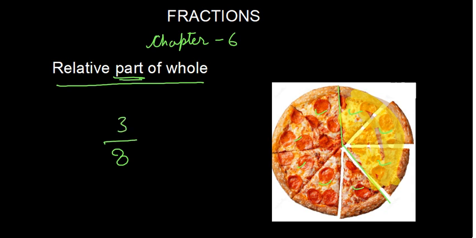In this manner we describe what a fraction was. You consumed 3 parts out of 8 equal parts, and that is what it means when you consume 3 slices of this pizza. There were a total of 8 parts, and you consume almost half of it. That is how it's read: 3 slices out of 8 equal slices. Keep in mind, we are talking about equal slices. Equal is a very important word here. So we did some exercises like this yesterday.